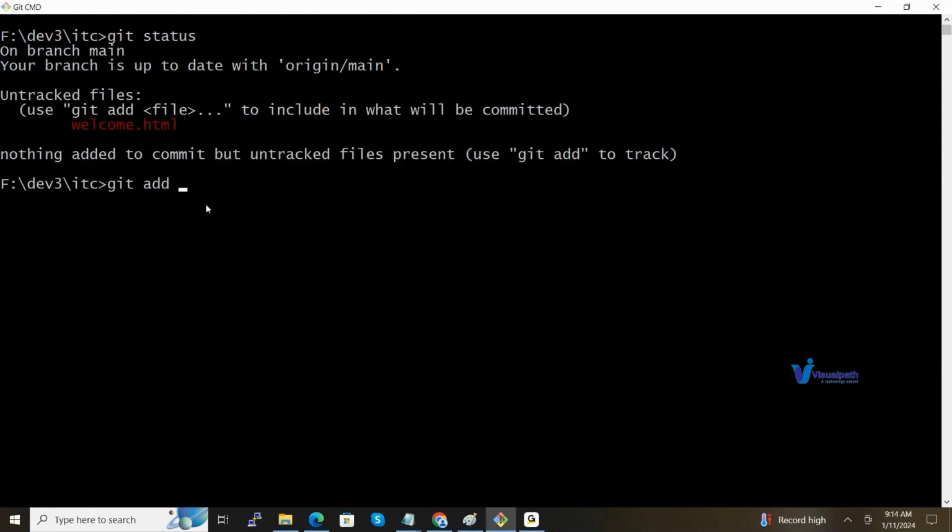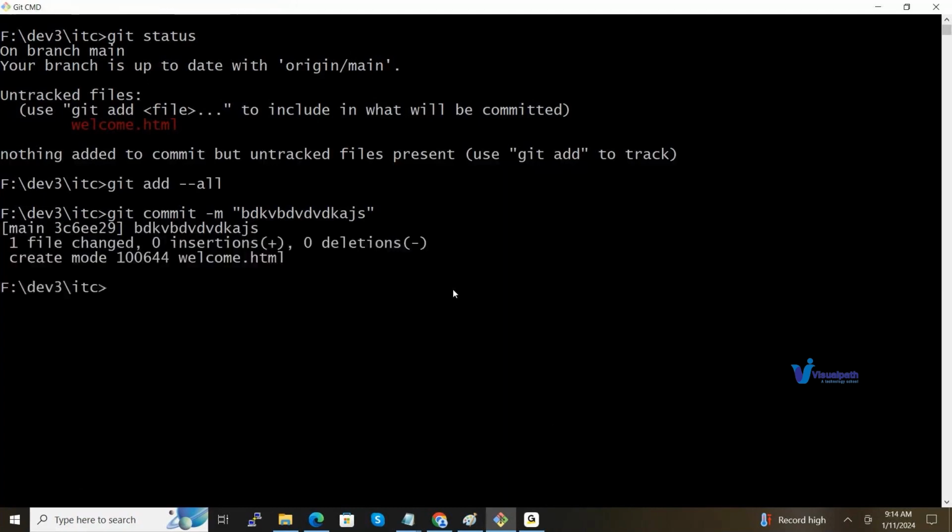In my case, I am adding all the files. git add dot. Next, git commit -m message. The message you want to pass, you can give it any message. Suppose I'm giving a random message. Next, git push. But in real time, they will mention a proper message and also provide the